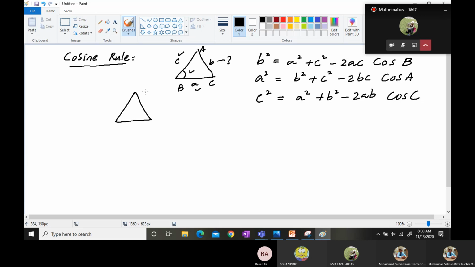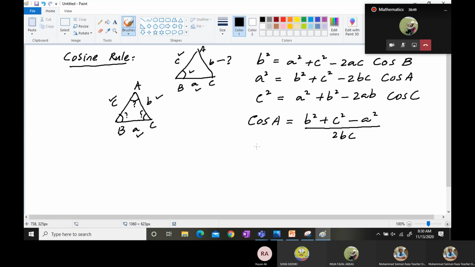Let's suppose this is the figure in which a, b, and c are here. All three sides are mentioned, and we need to find any one of the unknown angles. Then it is very easy to find it from the cosine rule. So the formula for cos A becomes cos A is equal to b squared plus c squared minus a squared upon 2bc. And then in order to find the value of A, we'll find the whole answer of